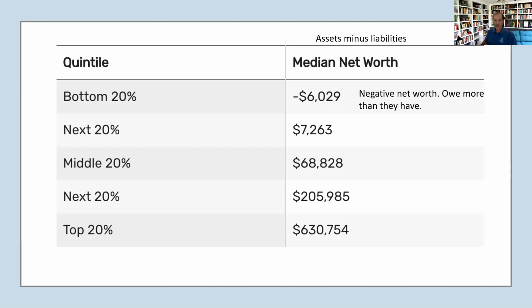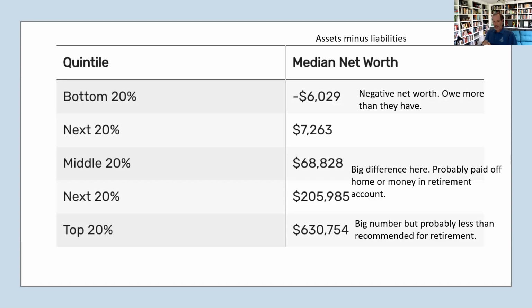But imagine someone who paid off their student loans, and had a car that was paid off, but lived in an apartment. That's probably about their net worth, right? Assuming there's no retirement account. Then we get to the middle 20% and the next 20%. So these numbers are getting bigger. This top 20% is at $200,000. So someone who's probably paid off their home, or they have money in a retirement account.